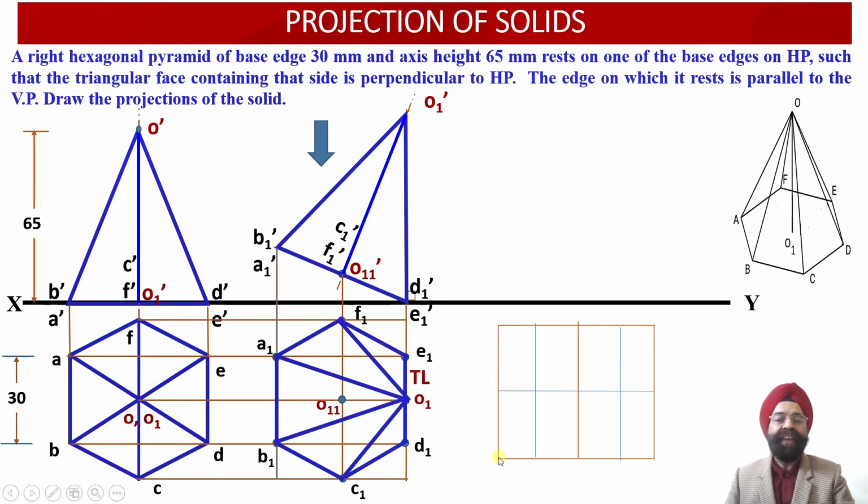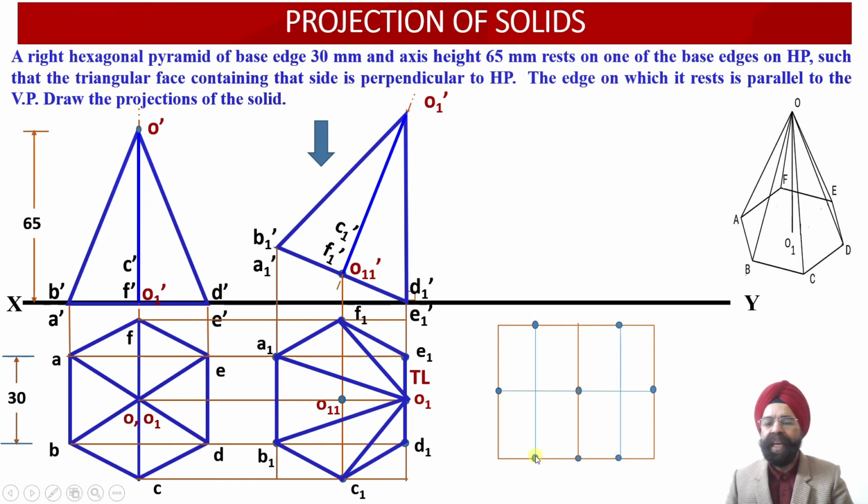So now we have obtained the grid line where all these 8 points which we had earlier obtained in the plan projection view will be transferred over here. So here we can see point A2 will be located here. This will be the point B2. Here we will get C2 point, then D2, E2 and F2 over here. So this will be our point O2 while this will be our point O21. So this way all the 8 points of the previous plan projection view have been transferred into the new orientation